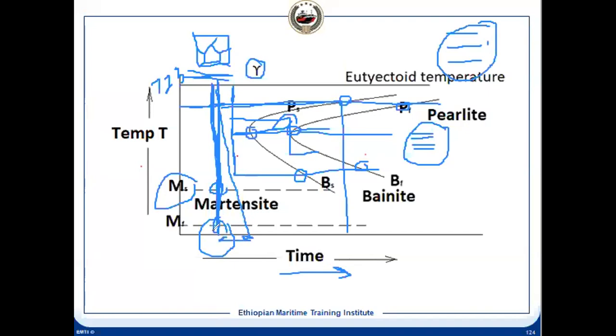There will be some transformation. It will not be martensite. It will be something in between. So it will be less hard because you have given some time for the transformation. Transformation, you are giving time, means diffusion will take place. The carbon will get diffused, and once it is diffused, ductility will be high, higher than the hardness. Is it clear? Have you understood this diagram? I'll send you this diagram.